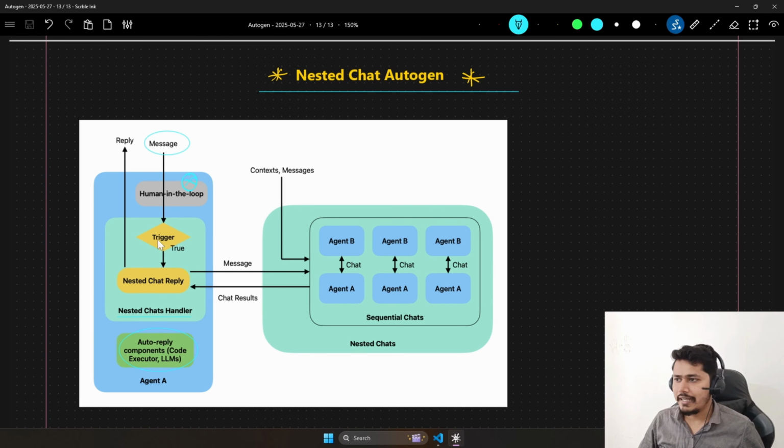Then in the nested chat handler, we have a trigger. This trigger identifies whether there is a need to go ahead and select the nested chat or not. And as it has an LLM capacity, it will be able to understand if there's a need, and then this nested chat will start the conversation with the sequential agent. So the expansion, if you see, will call this particular sequential chat, and this sequential chat will then start the communications. Currently you can see in sequence we are calling the same agent again and again,